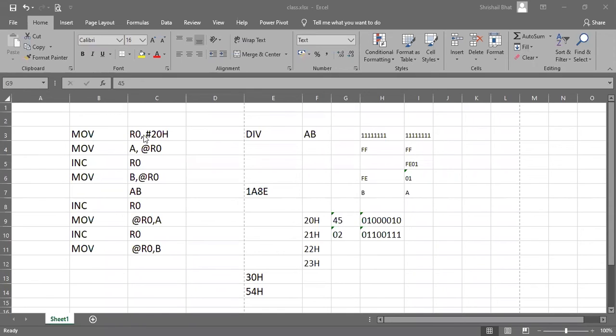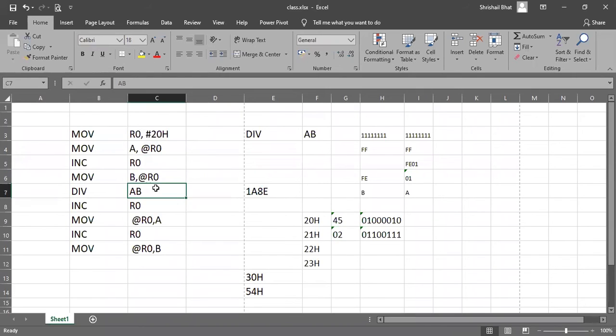So all the things are the same except the divide instruction. In multiplication and divide programs, everything is the same except the divide instruction. So all this does not need to be explained again, right? Here, the contents of 20H are copied into A. First you are loading 20H into R0, MOV A, @R0. The contents of 20H are copied into A. Then increment R0 so that R0 points to 21H. Then MOV B, @R0. So this 2 will be copied into B.